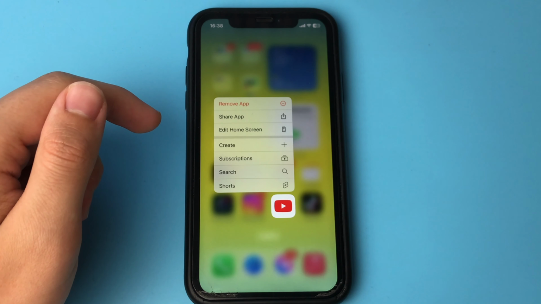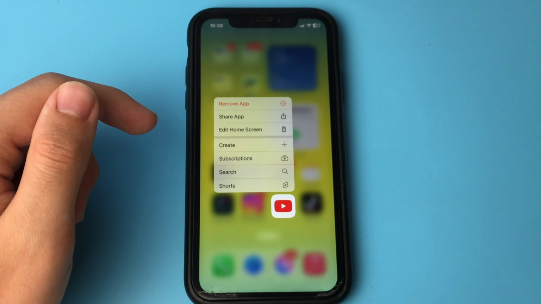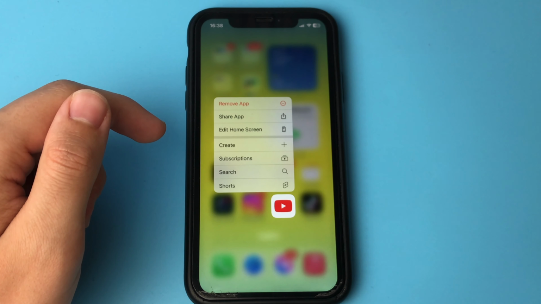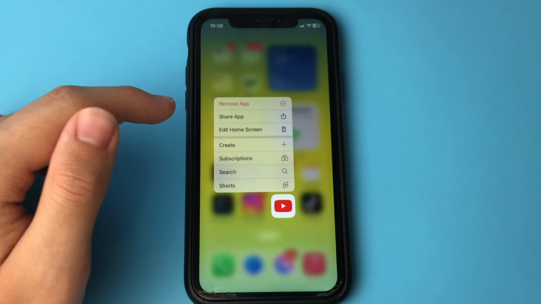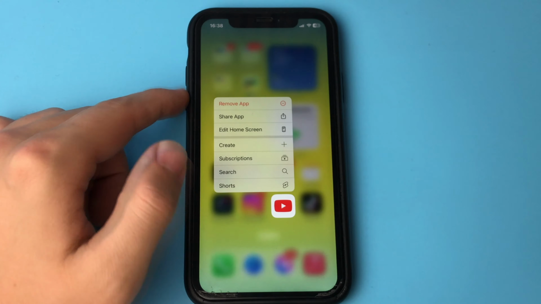In this video I want to show and tell you how to delete your channel on YouTube. You will be able to delete it permanently and the process will take a couple of minutes. How to do it? I'm going to show you how to do it from your iPhone. But you can do it again from your computer as well as from your Android.